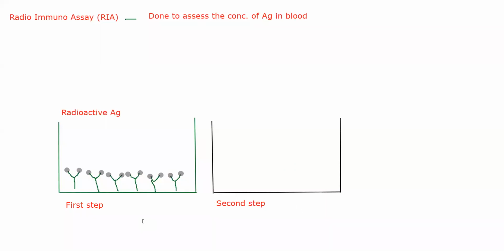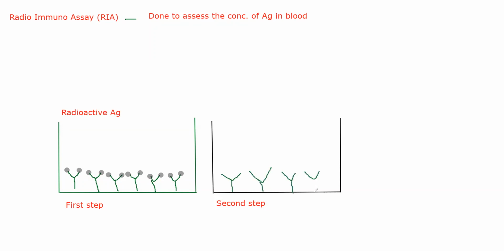I have not started with a specific antigen, like suppose there will be specific tests as well. For now, I'm only doing a standard test where I'm trying to find out how much concentration will give what kind of radioactivity. You will understand in 5 minutes. Okay? So I still have those antibodies coated with antigens. Okay?